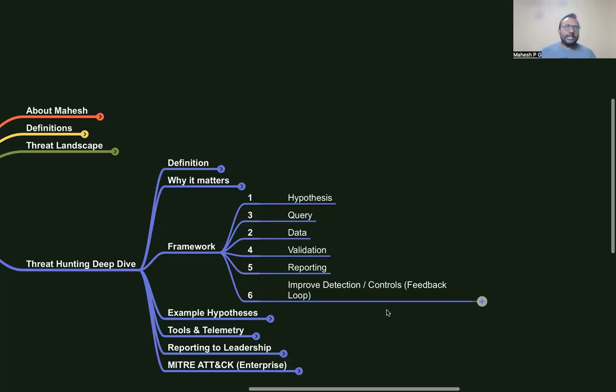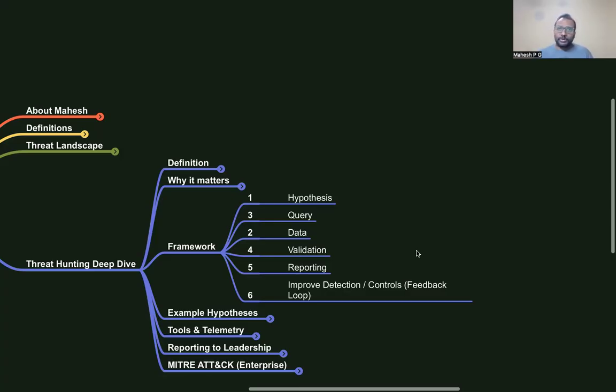How is it done? It is done through the query with the data in hand. The data is the logs from various devices and systems, like cloud logs, identity logs, server logs, infrastructure logs, security device logs. Everything will be coming in, and the database is queried for various scenarios to identify whether there is any threat in my organization or my environment. Then validation, we have to validate this. Okay, I have observed some anomalous activity. Is this really a threat to the organization?